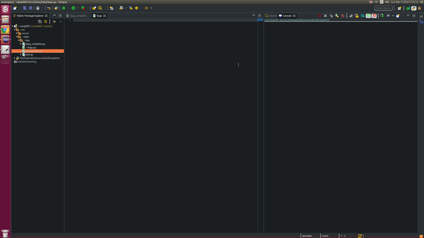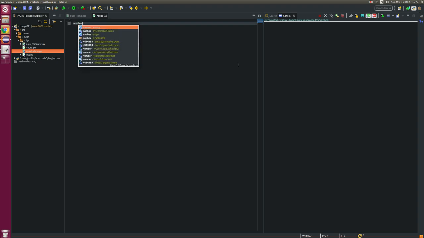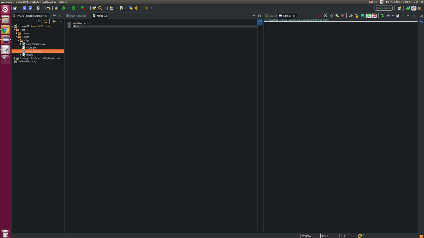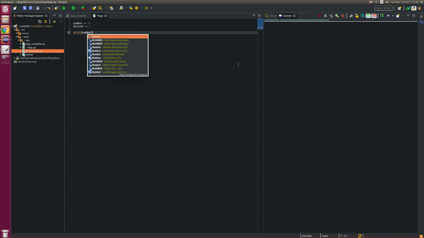All right. So here I'm going to discuss with you about these bugs and how to read a bug, and also try to show you to not get scared about the bug. All right. So let's start by creating a variable called number. I will give number 10, and divisor, which I will give the value 5. All right, so if I print number divided by divisor